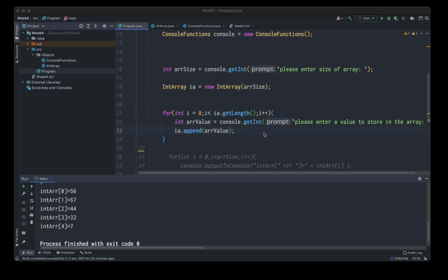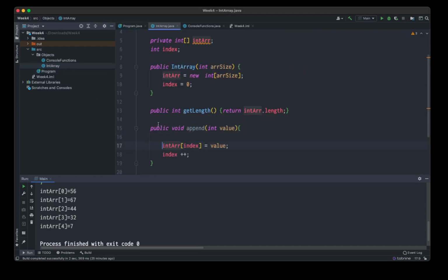So let's go back to our class and ask it a question. Okay, and see some problem with this append method. If I'm appending, how do I know that index hasn't gone outside of the boundary? I need some way, because I've got a method here which tells me the length. Then that index, I should only append as long as that index is less than the length. If it's equal to or greater than the length of the array, it's actually gone outside the length of the